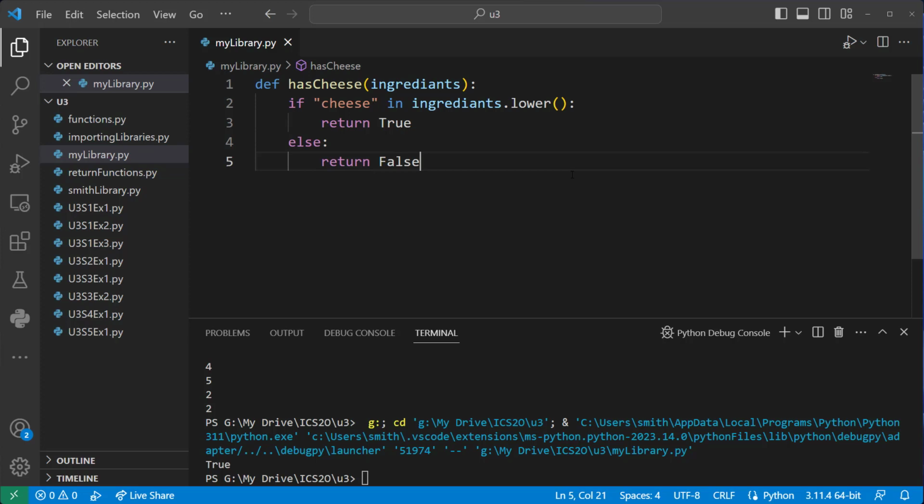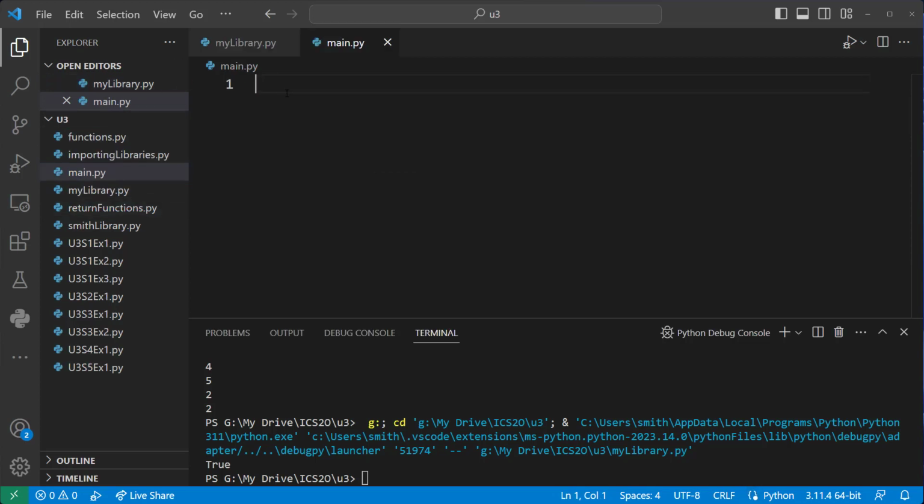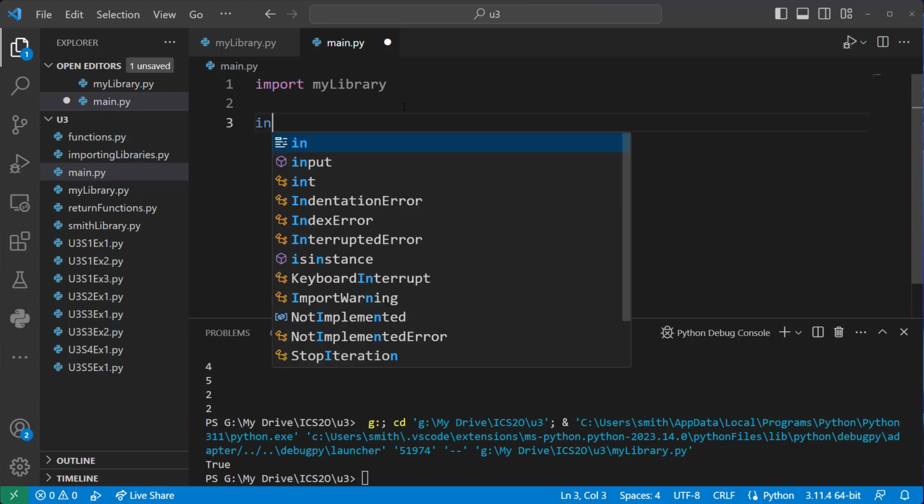Okay, so now we have a library. Let's make our main file. So I'm actually just going to call it main.py. So main.py is going to import my_library. And because it's in the same folder, see, my_library is here, main is here, I shouldn't have any issues with just importing it. And if I have ingredients,